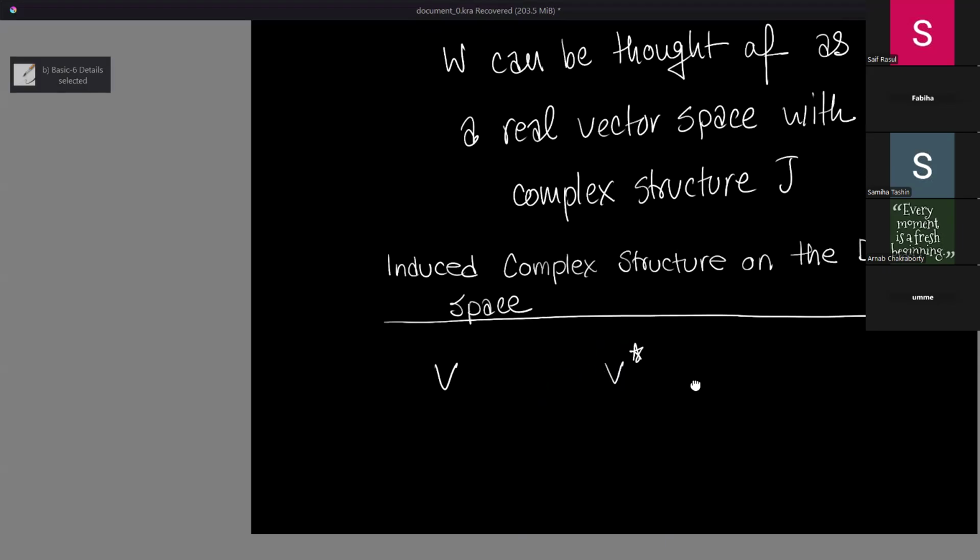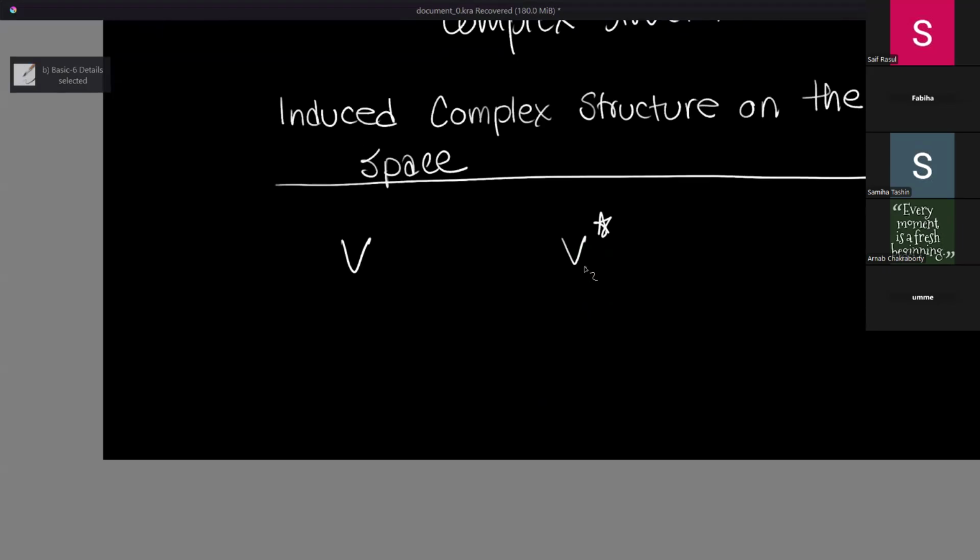If we have J defined on this real vector space V, then we can define a complex structure on V star from the information on J,